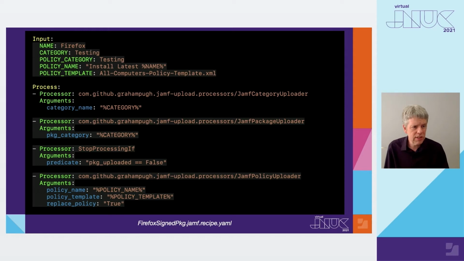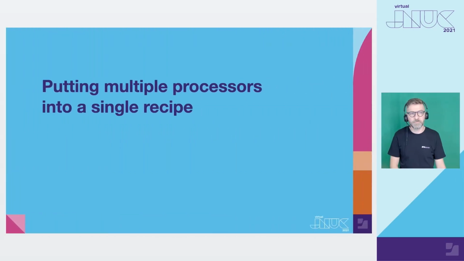In my situation, this is all I need to automate most of what I need to do to deploy apps in Jamf Pro. Graham has other, more complex use cases that can also benefit from the JamfUploader project processors, so let me hand the rest of the presentation over to him. Thanks, Anthony. As Anthony just demonstrated, your recipe only needs the processors for each specific object you want to upload into Jamf. In this section, I'll show you recipes which create dynamically scoped self-service policies, allowing you to fully automate your package deployment workflow.